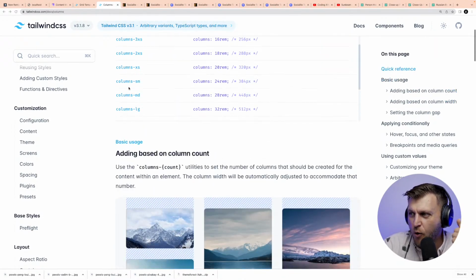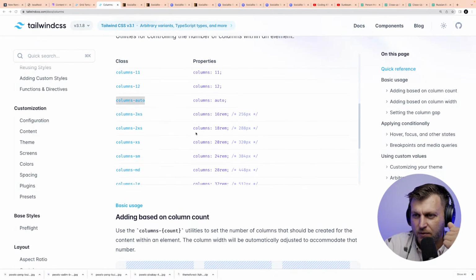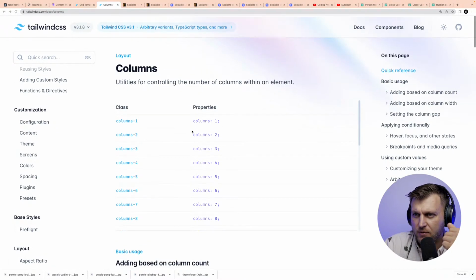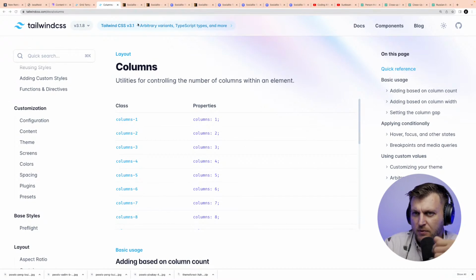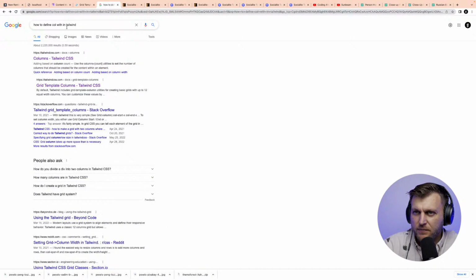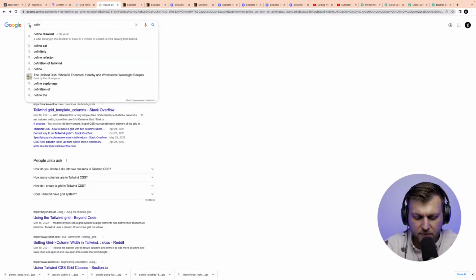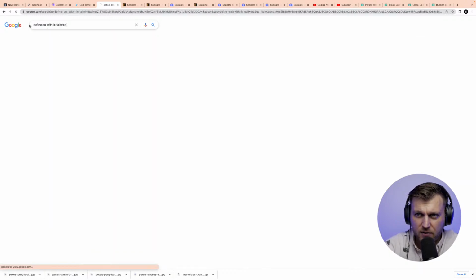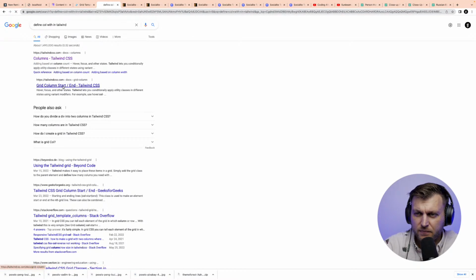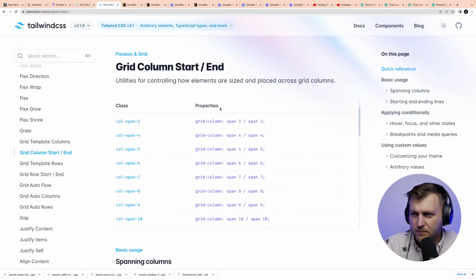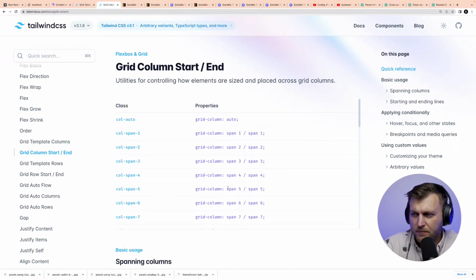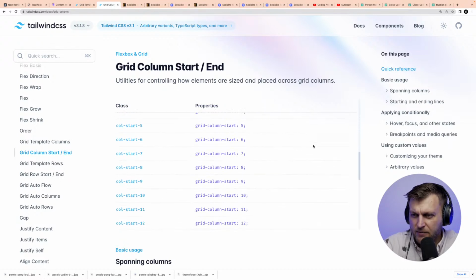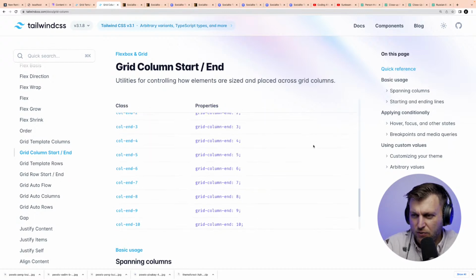So let's read more. Columns. Let's go back to Google. Define column width in Tailwind. All right. This makes sense here. So I think we should do,